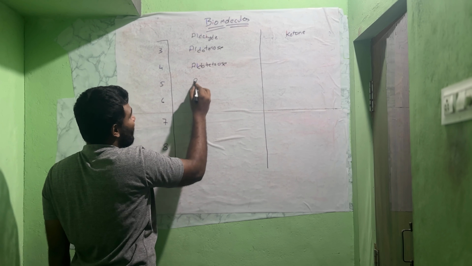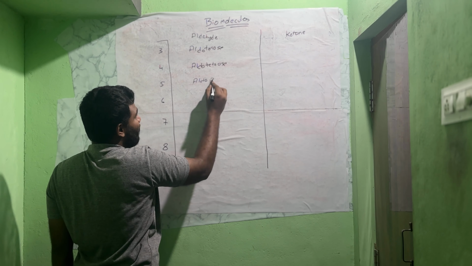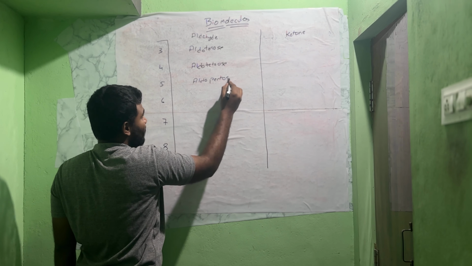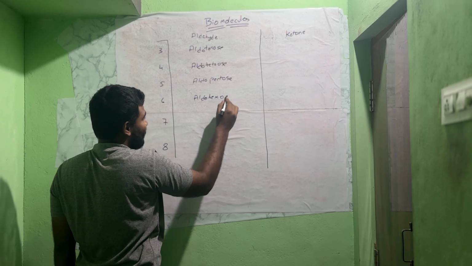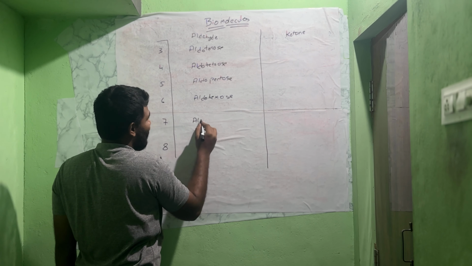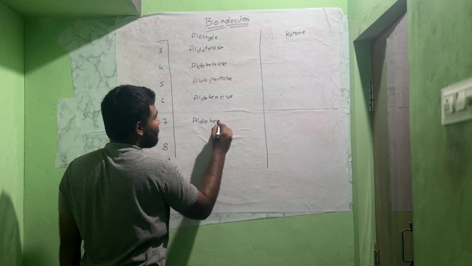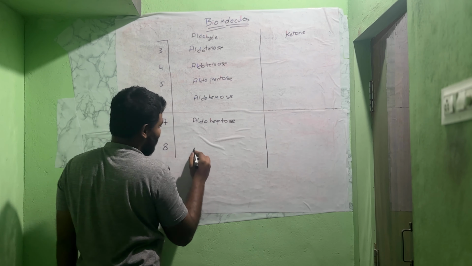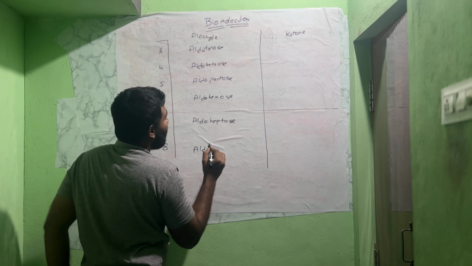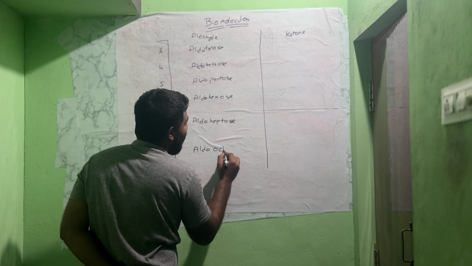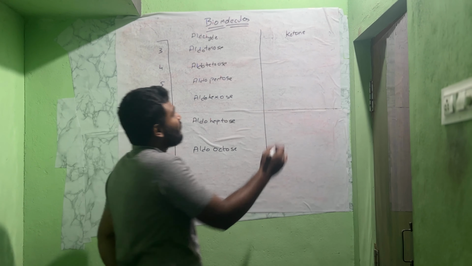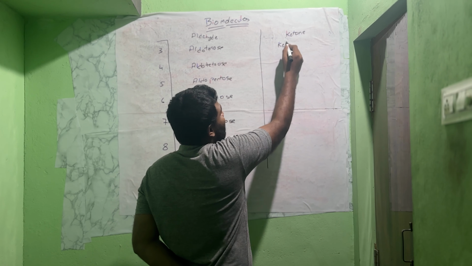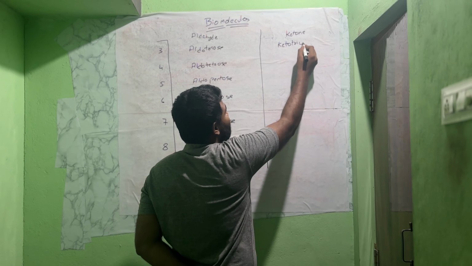5 carbons is called aldopentose. 6 is called aldohexose. 7 is called aldoheptose. 8 carbons containing monosaccharide is known as aldooctose. The same for ketone: 3 carbons are known as ketotriose,